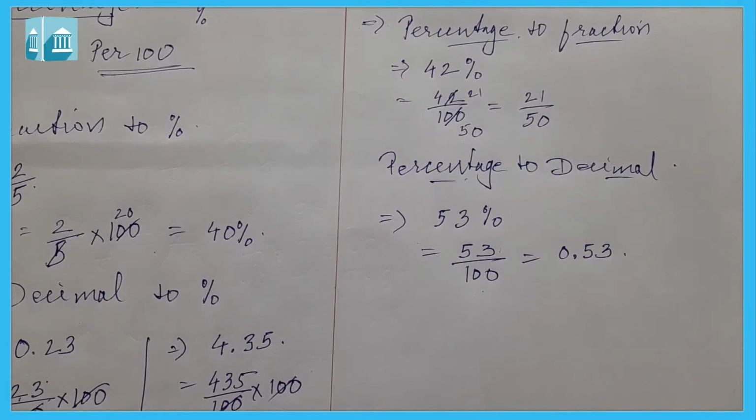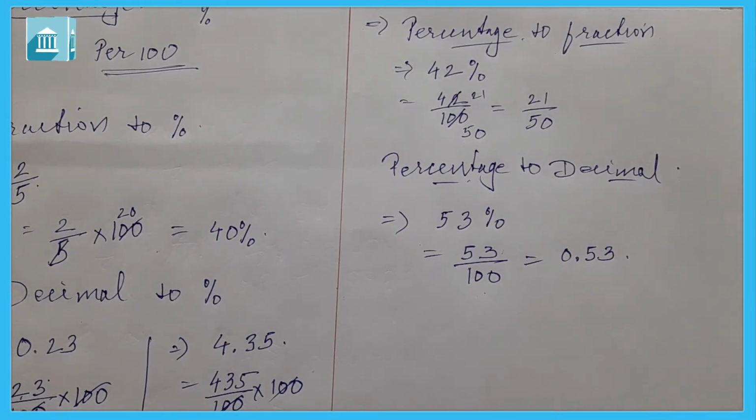Now let us see what the use of percentage is, or where we use percentage. In general, we use percentage to form a result. When we make a result out of 4, 5 or 6 subjects, we divide the total marks by the number of subjects and then multiply by 100. We also use percentage for interest, and for profit or loss, that is profit percent or loss percent. So in many ways we use percent.